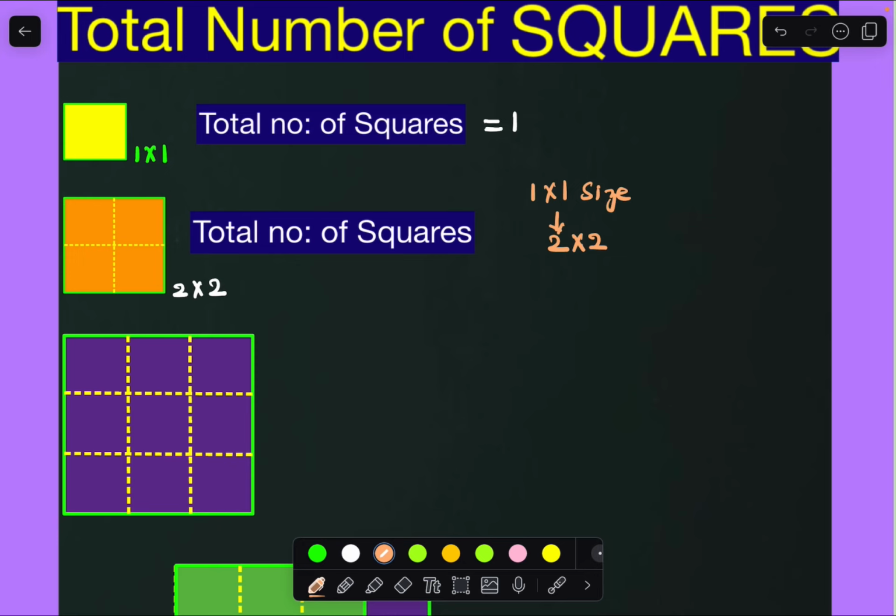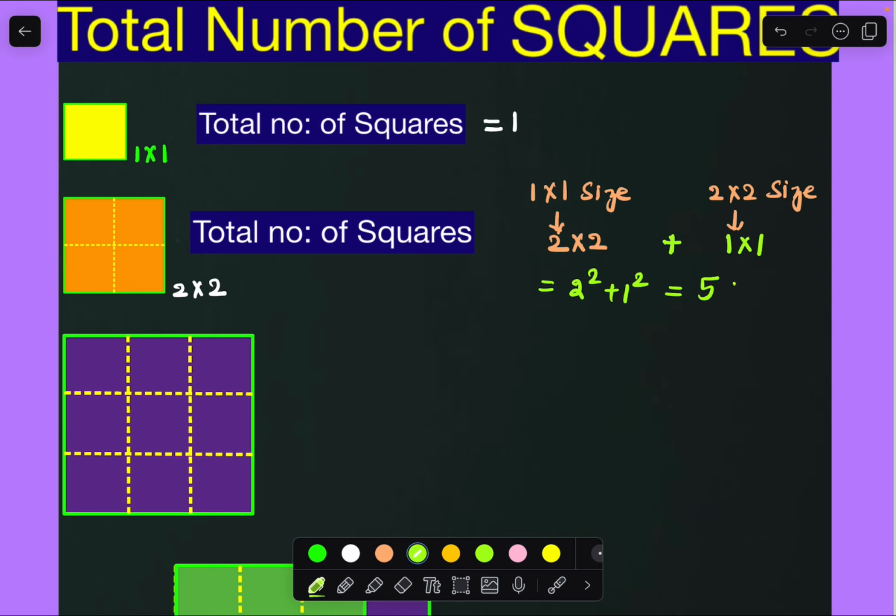So 2 squares we can get, and 2 by 2 size squares we want here, right? In one row, how many 2 by 2 size squares are there? A 2 unit size square, this one, right? How many 2 unit rows are there? One only. So 2 by 2 size squares in one row, 1, and 2 by 2 size rows, 1 are there, right? And the total number of squares is equal to how much? By calculating the total number of squares, we mean all different sizes, right? So 2 square plus 1 square we got, and totally it is giving me 5, right?